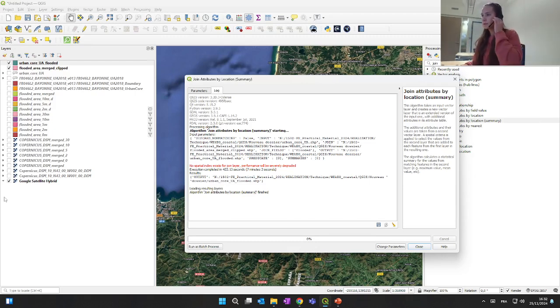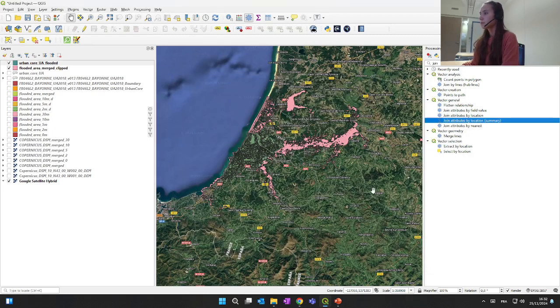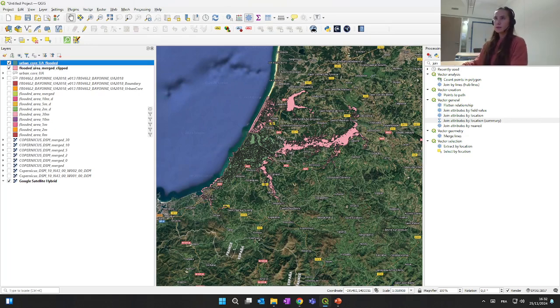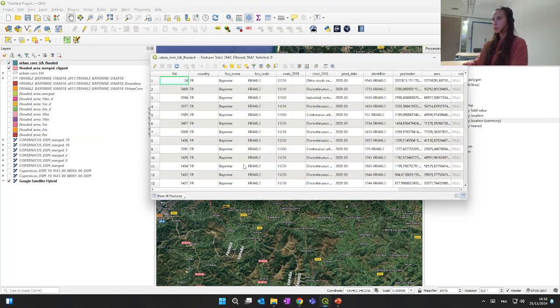So now it's finally finished. It took some time. It's getting dark also in my office, so I turned on some light. So now we have our new layer, which is looking exactly the same as the previous one, basically. The only thing is, if we right click on it and open attribute table, we will see that we have